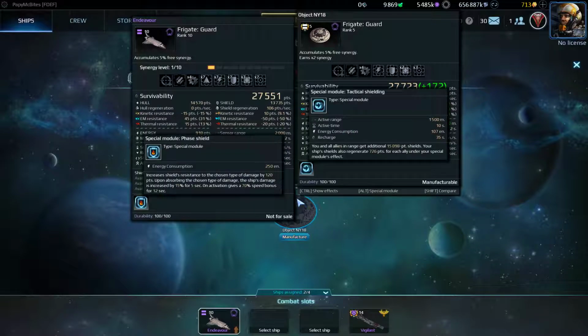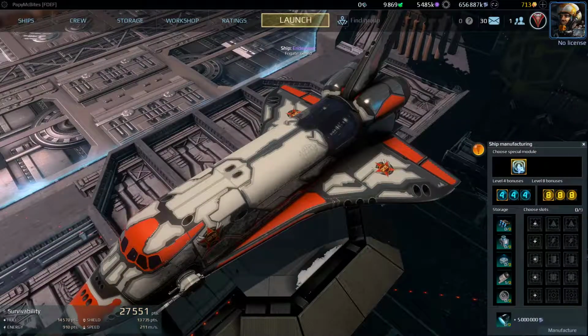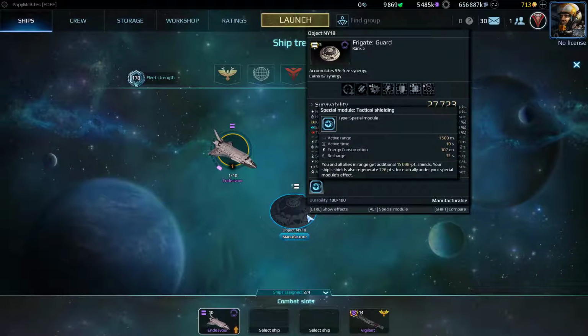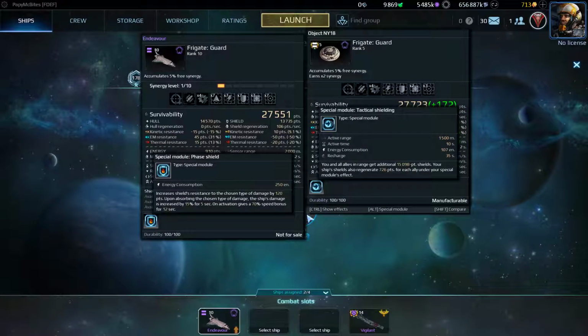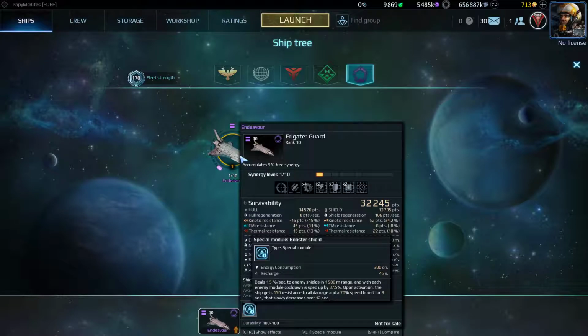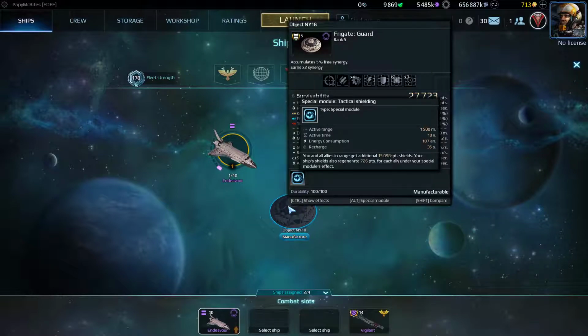Let's check out the special modules. So the Endeavor has the basic phase shield special module from just typical stuff. Actually, no, that's not right. It doesn't even have the phase shield. What does it have? A booster shield. Yeah, that's what I remember having. Anyway,